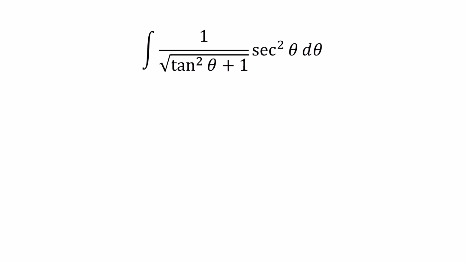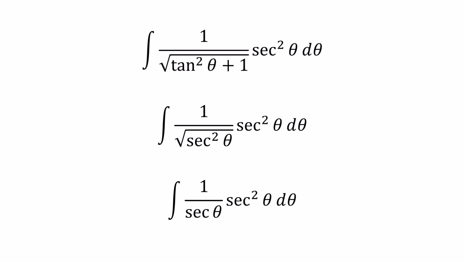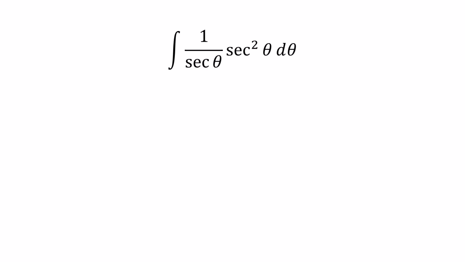Applying the Pythagorean identity then gives the integral of 1 over the square root of secant squared of theta, times secant squared of theta d theta. Taking the square root then gives the integral of 1 over secant of theta, times secant squared of theta d theta. Simplifying gives